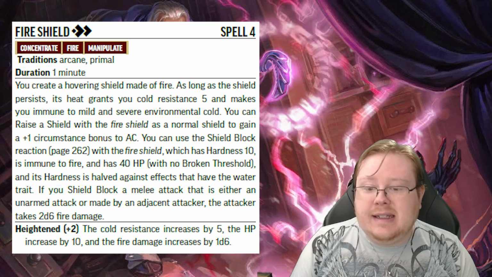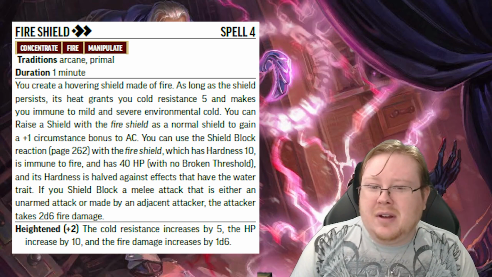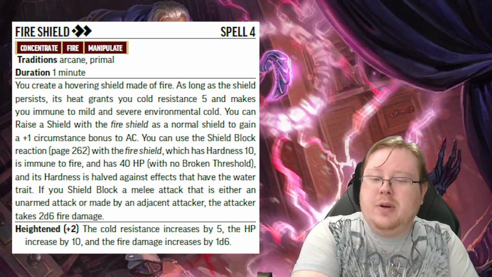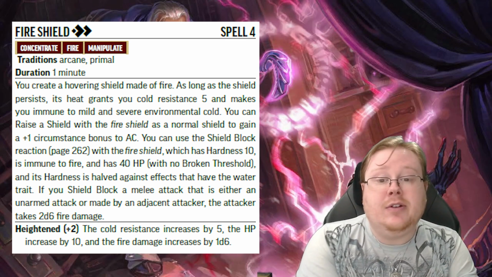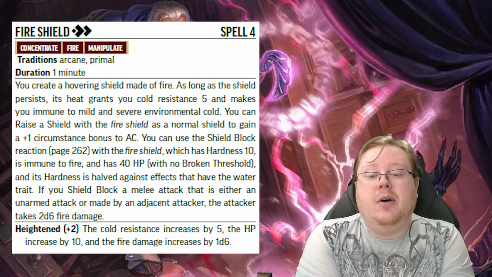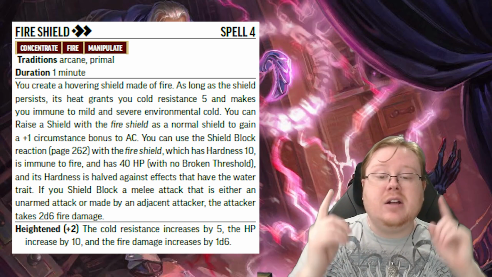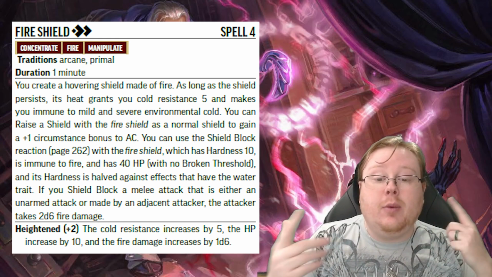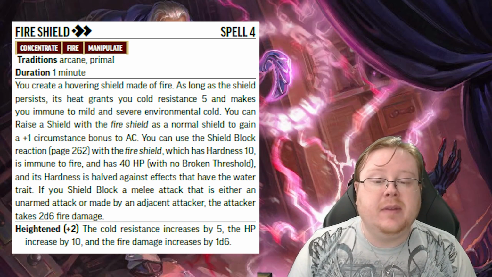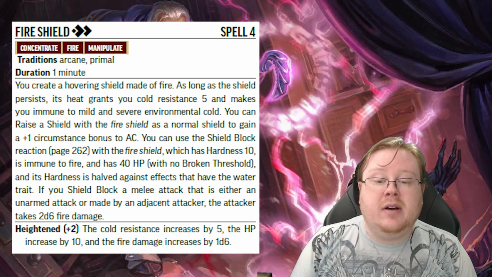Though technically, it couldn't block a fire effect because you couldn't use it on non-physical damage before, which is a little silly, but yeah, there were feats that could allow you to do so. So now that it's immune to fire, that's pretty cool. And its hardness is actually reduced in half when it blocks anything with the water trait, which is important to know. Now, it still does the thorns damage essentially whenever...